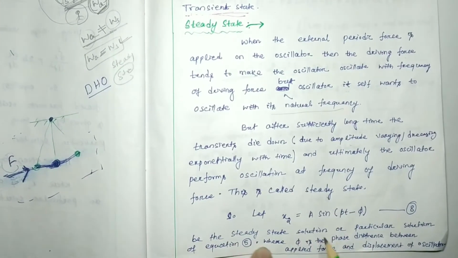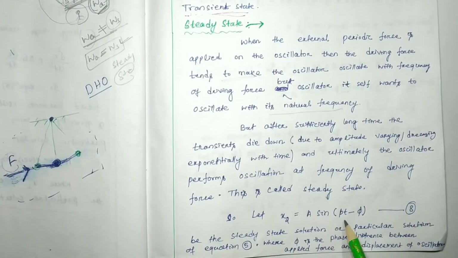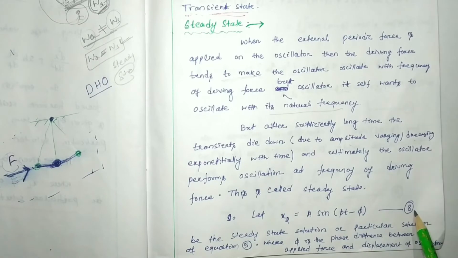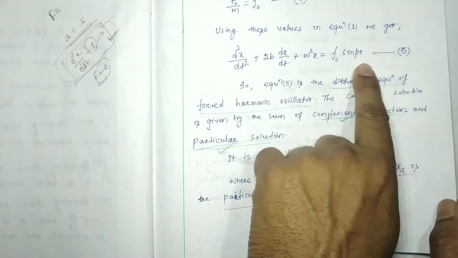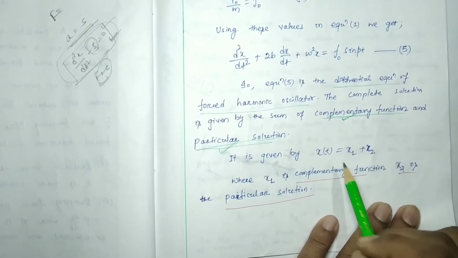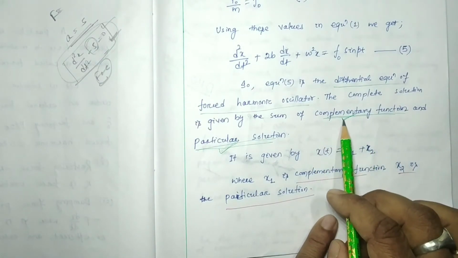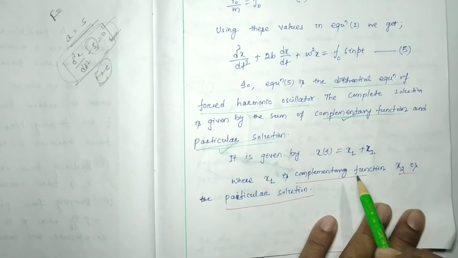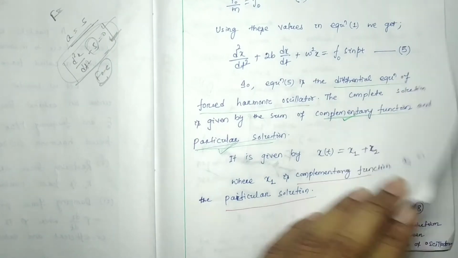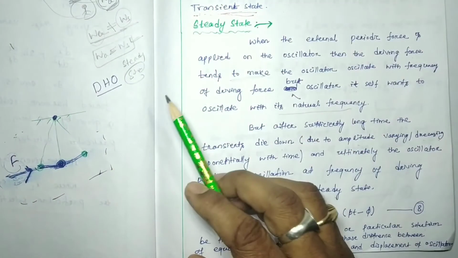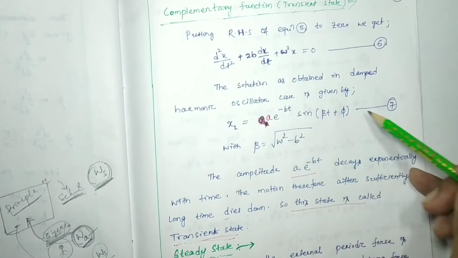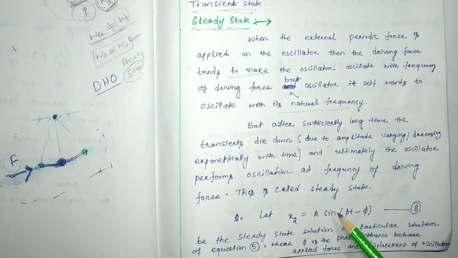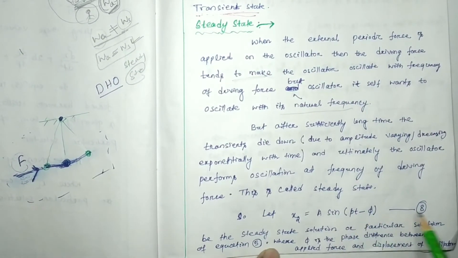Let x2 equal to a sin(pt minus phi), let equation number 8 be the steady state solution or particular solution. As I told, the differential equation's general solution has two parts: the complementary function and the particular solution. The complementary function is x1, which we discussed in our damped harmonic oscillation, and I have written it directly over here. And x2 is in the form a sin(pt minus phi). How it is